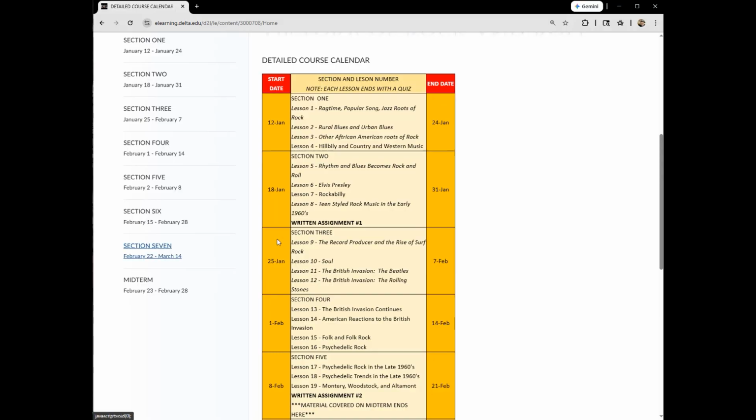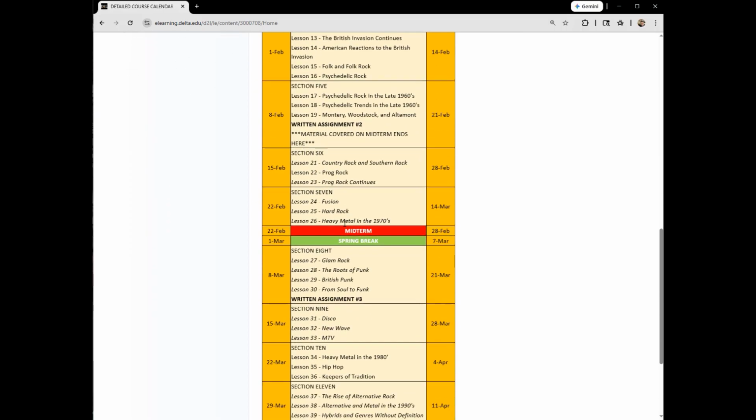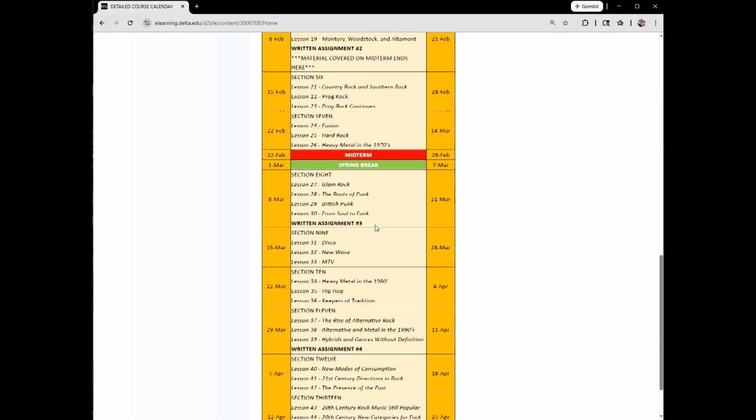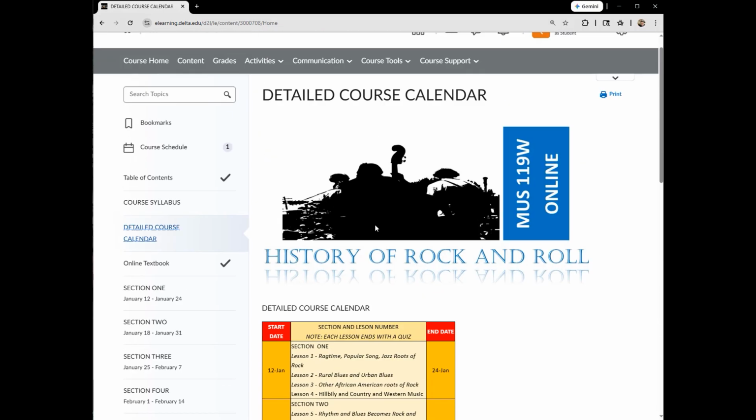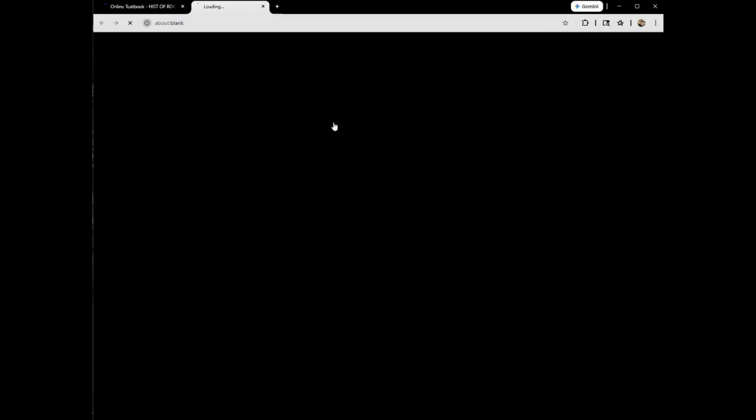And also this shows you where the written assignments are, and it shows you when the midterm is and when the final exam is. So just please use this resource. Now let's take a look at our online text. When we click on that